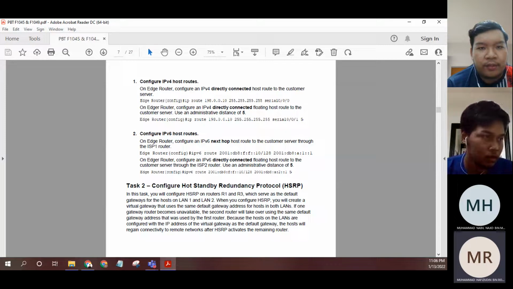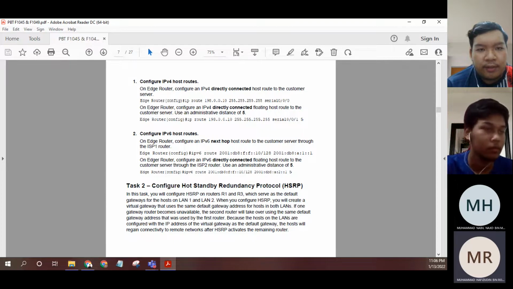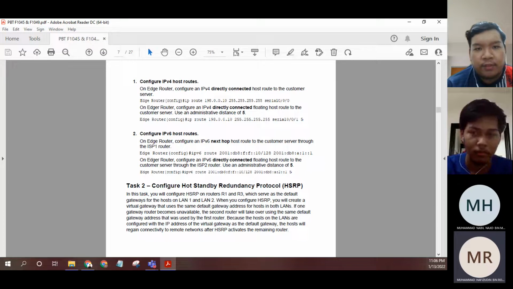through the ISP2 router. Use an administrative distance of 5. Edge router, ipv6 route 2001:DB8:FF10::/128 2001:DB8: